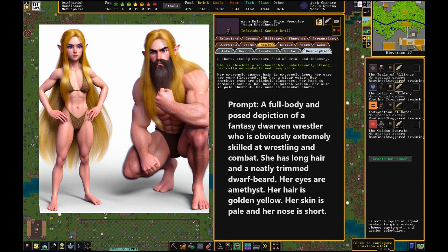And you see the prompt, I slightly adjusted to get this. And this was one of the 4 attempts. This is the best I could get. For some reason, when I describe a mighty elite soldier, and wrestling is important in dwarven culture, the only issue,